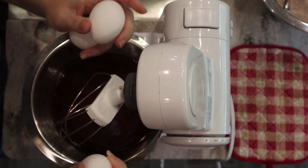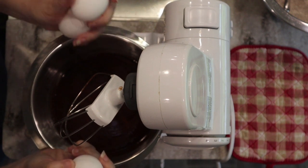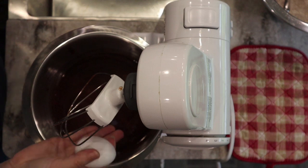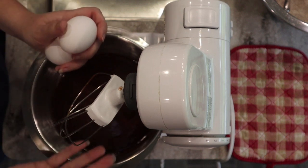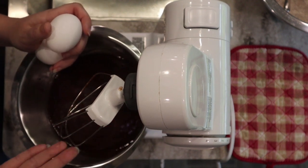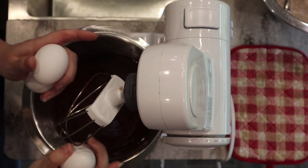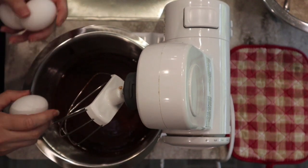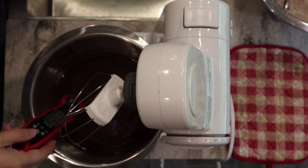So this is a fairly easy recipe, but I think this is the hardest part of it. So we're gonna add 3 eggs to the recipe here. This was very hot. Obviously, we don't want to add eggs to boiling hot and cook our eggs. So the hardest part here is finding the right temperature of when to add our eggs, as opposed to too hot, we could scramble the eggs, too cold, and it could start to solidify. So our mixture here is